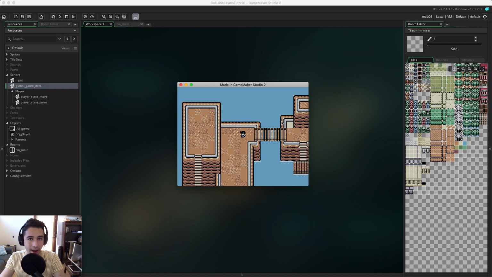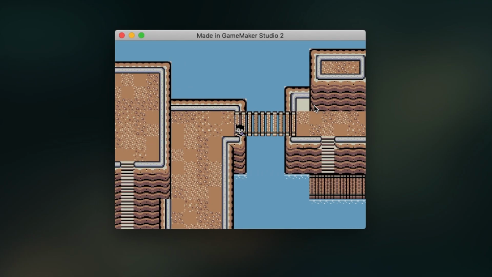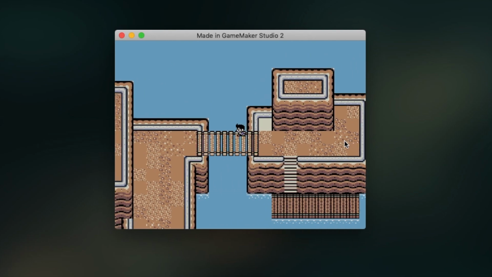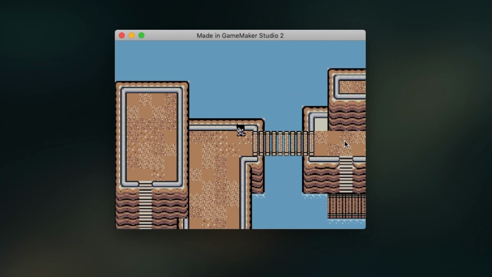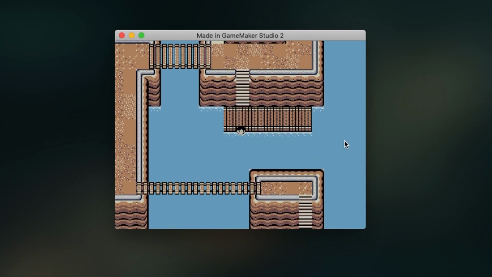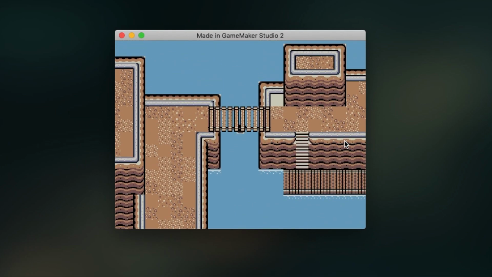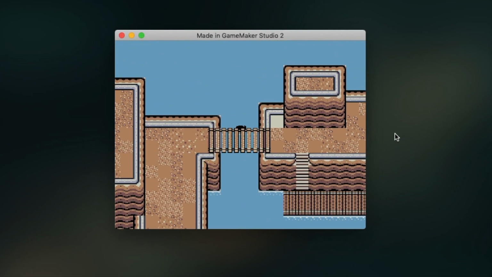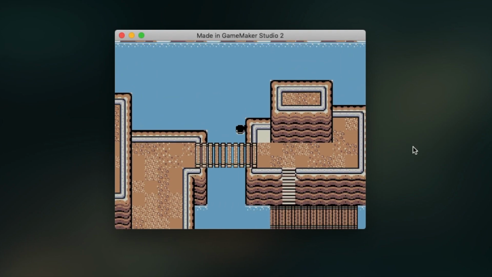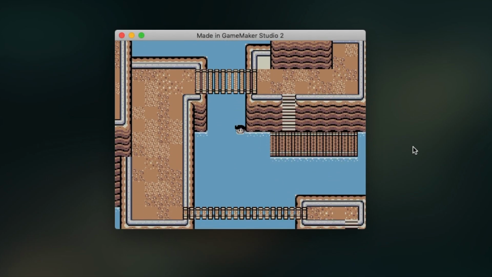So just to demonstrate what I mean by this, let's take a look at this project. And here you can see I have this little player moving around, pretty straightforward, and I have collisions defined for the player to follow. Okay, so I can't go off the bridge, I can't walk through walls, but if I come over here now, I can come down this staircase, and now that I'm in the water, when I come back over here, not only am I under the bridge, the collisions aren't the same, I actually can't even go this way, and I've now opened myself up, the player, to this whole new world of exploration and movement that